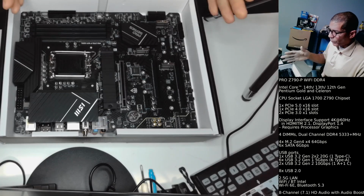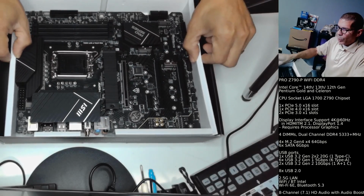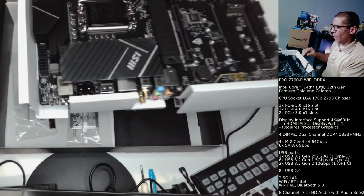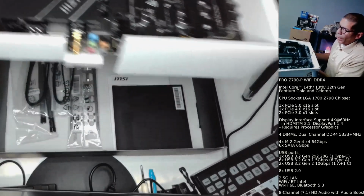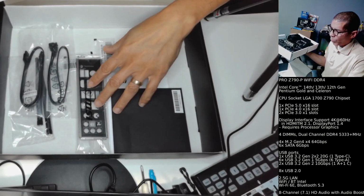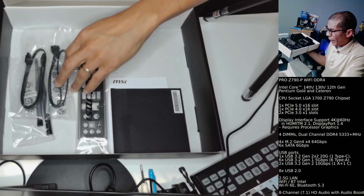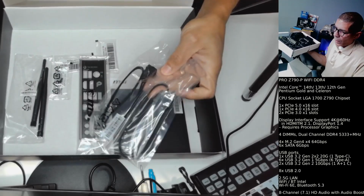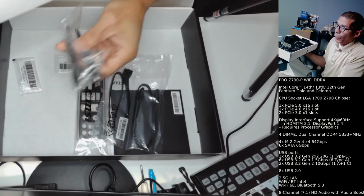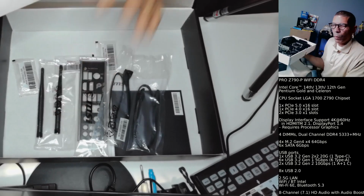All right, so here we have the box. I'm just simply going to remove the cardboard tray. Not going to try to touch it too much. And inside the box, you're going to find the back plate, which we may or may not need, depending on what we have on the case. And you have a couple of data cables for your hard drive. And since this is the Wi-Fi version, you have the two antennas, which by the way,